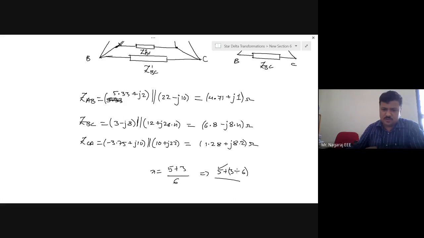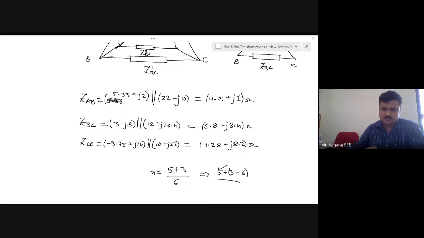So this will end the star delta transformation techniques of circuit reduction with respect to passive elements. Okay. In the next class,